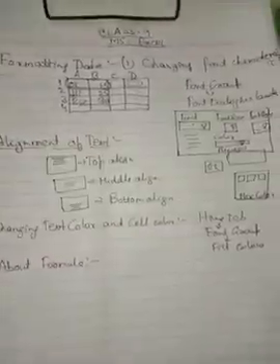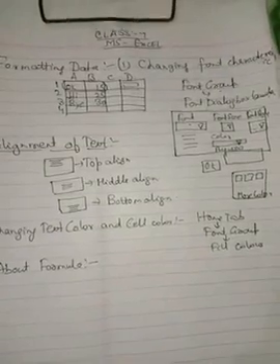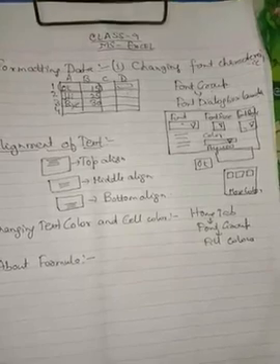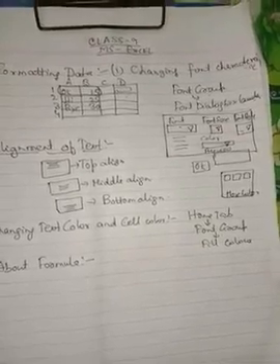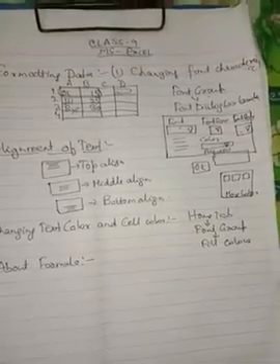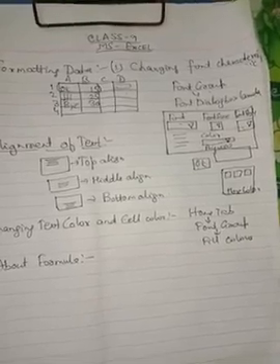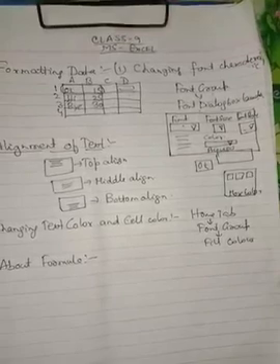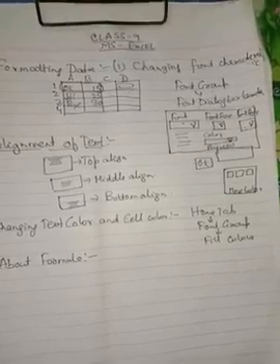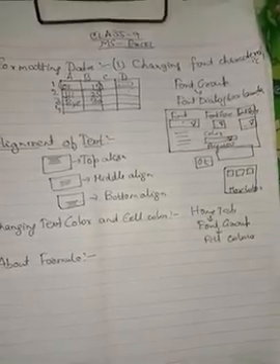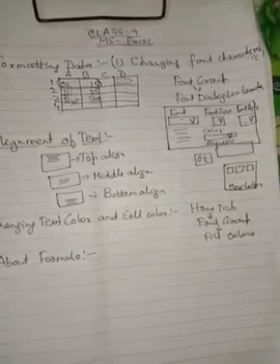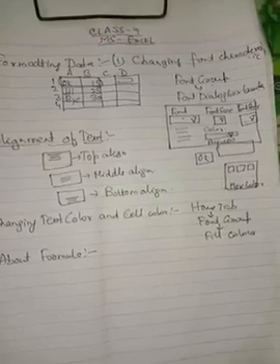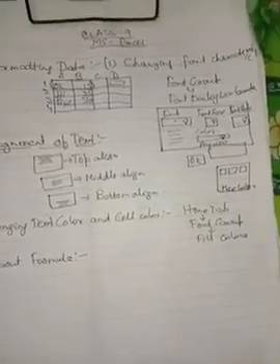Now about formulas. Many times whenever we work in a worksheet, we need to perform certain calculations. For instance, we want to find the total of numbers, or multiply two numbers, or divide two numbers. We would need to prepare a report, like the report card of students. So in that case, we use a formula. A formula is a sequence of values, cell addresses, names, functions or operators in a cell that produce a new value from existing values.